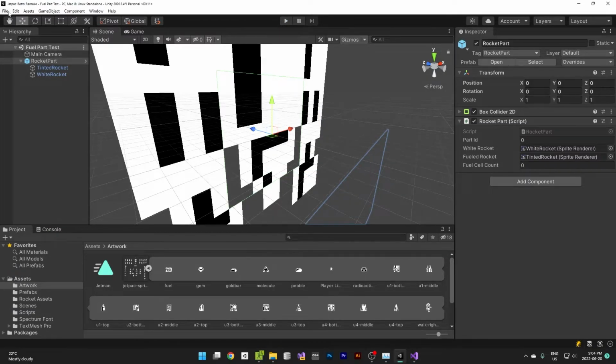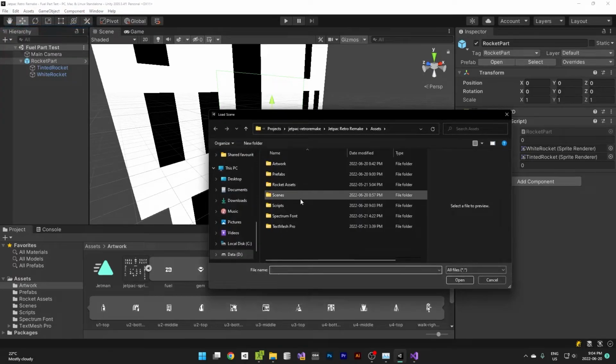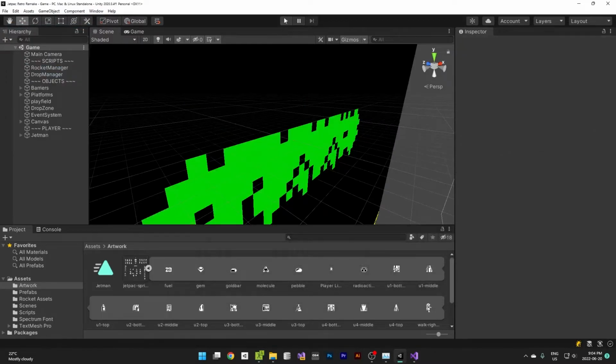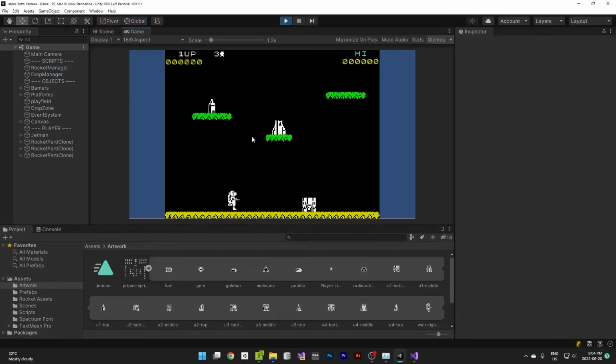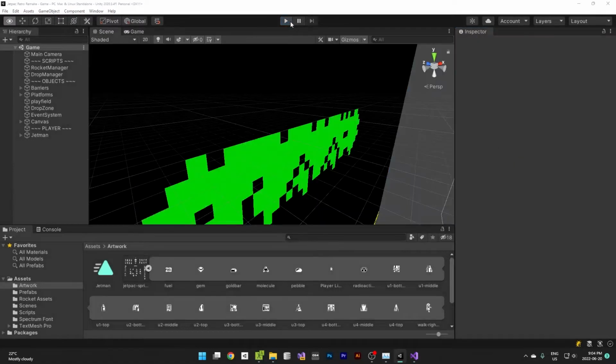So if we open our scene, I should have opened recent scenes there. If we open our recent scenes, then there's our rocket parts, which is right. And if I choose this rocket part here and I choose 1, there we go. That gets set to be there. 2 gets set to be there. If we set this to be 2 and this one to be 2 as well, then that sets all those rocket parts to be the correct thing. And obviously if it's just 1, then we do that. So our rocket manager,